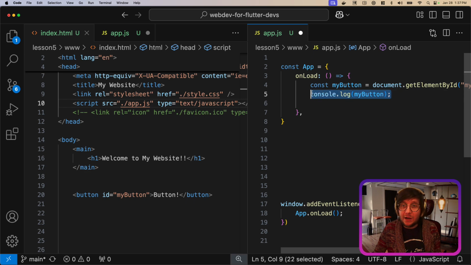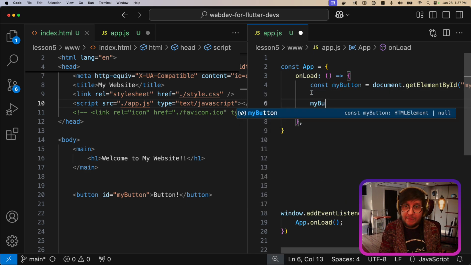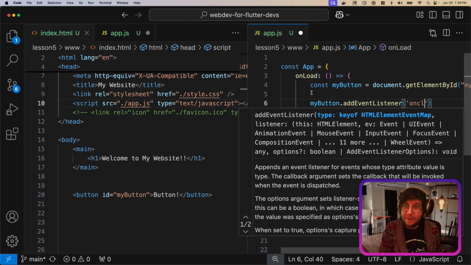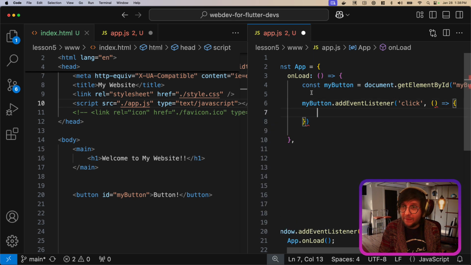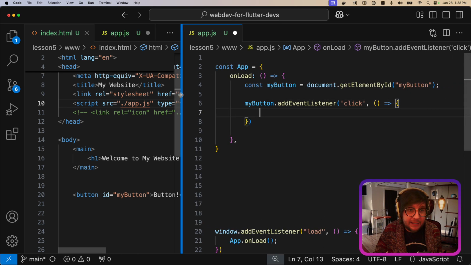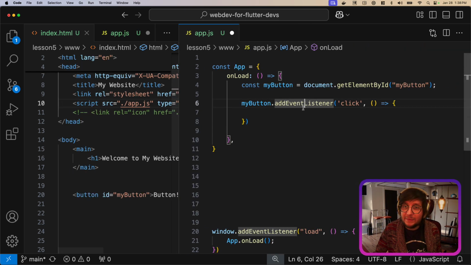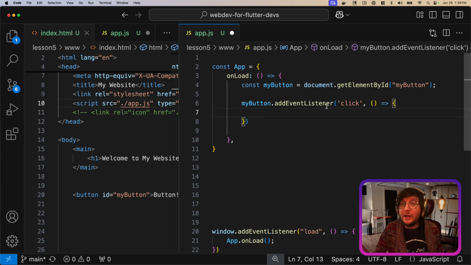Okay, so let's take our button and actually do something. My button. And let's do an event listener on here. Add event listener. And we can add an on-click event listener. I think it's just click, actually. Yeah, click. And then the same kind of thing as we did before. I still want to see the HTML, but this is our focus right now. So on our click event, we want to do something. So let's just, for now,